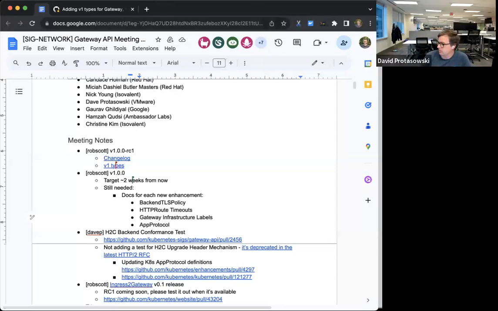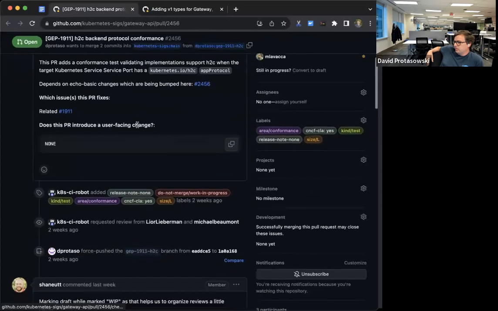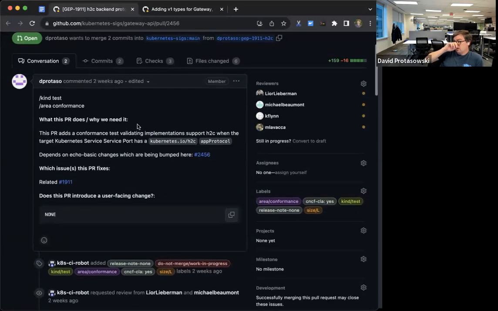Yeah, this is the backend protocol, so this is HTTP2 over clear text. As I was trying to write the conformance test, there were 2 ways to do HTTP2 over clear text. One is via doing an HTTP1 call with an upgrade mechanism, like an upgrade header with H2C as the string. The other one is prior knowledge, where essentially you already know it's serving HTTP2, and then you do a connection preface with a special thing.